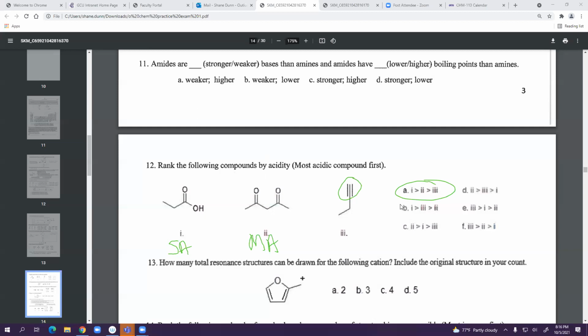Can you explain one more time why 1 is more acidic than 2? Yes. So using Bronsted Lowry is the easiest way of explaining it. If that bond breaks or you form a resonance structure there, a double bond is formed here between that carbon and that oxygen, that H has to go away. Otherwise the oxygen is breaking the octet rule, right? So it will kick the hydrogen away in favor of forming a double bond with carbon because that's more stable for itself. That leads to a free proton,